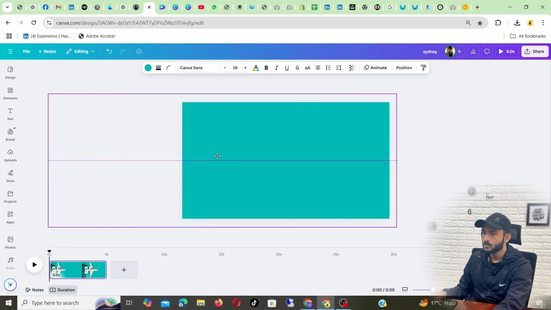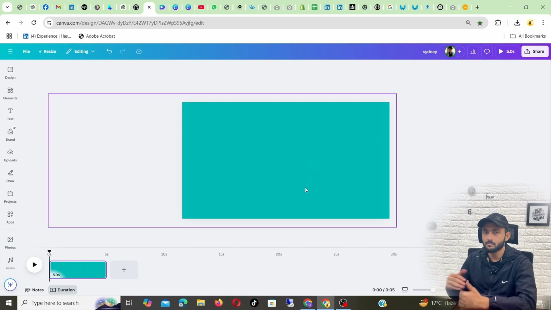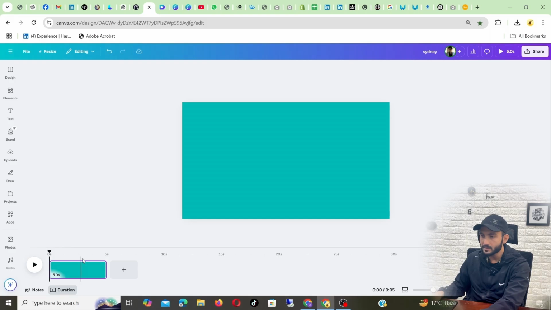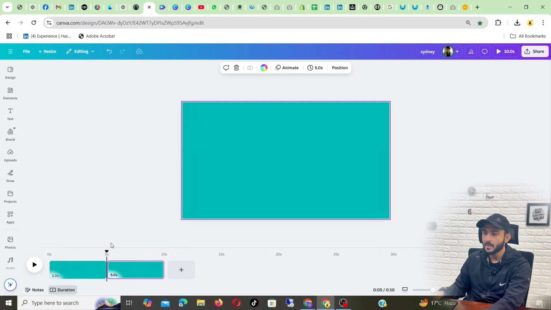Okay, now the whole area has been covered properly. Now this slide has been done. Now the next step is that you want to duplicate this slide. So this will all make sense in a few minutes. Just give me a few minutes. So right click on these three dots on this slide and just duplicate this page. Okay, now this page has been duplicated, so this will be our plane transition area, and this will be our